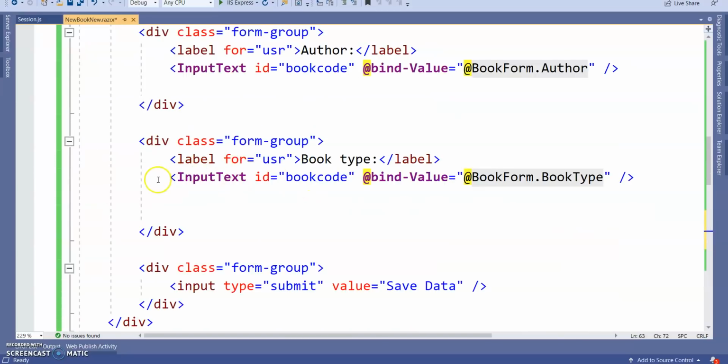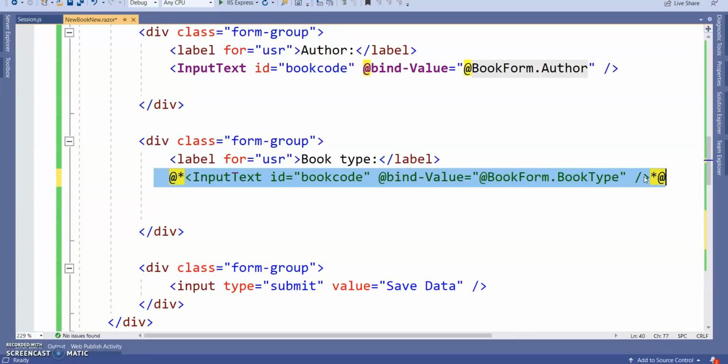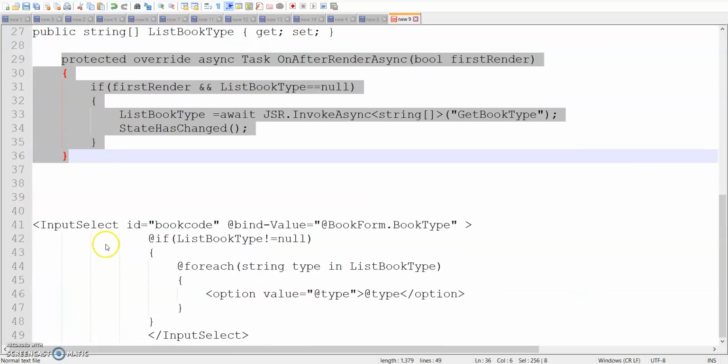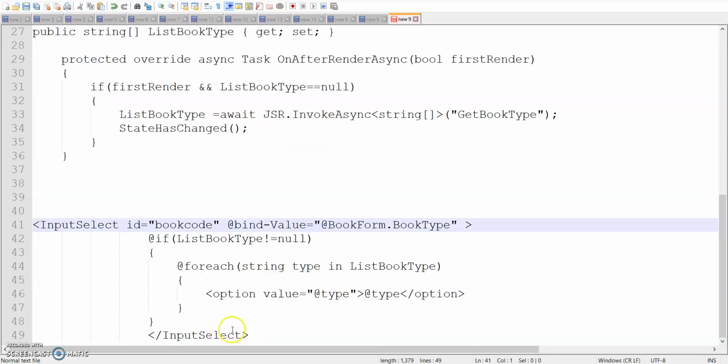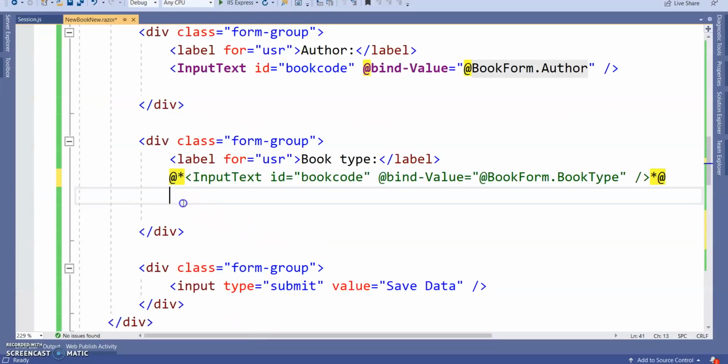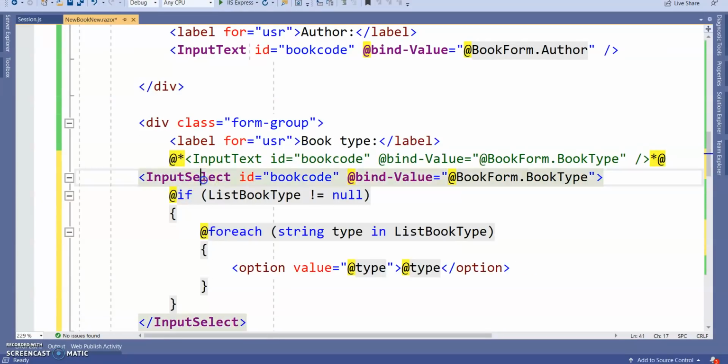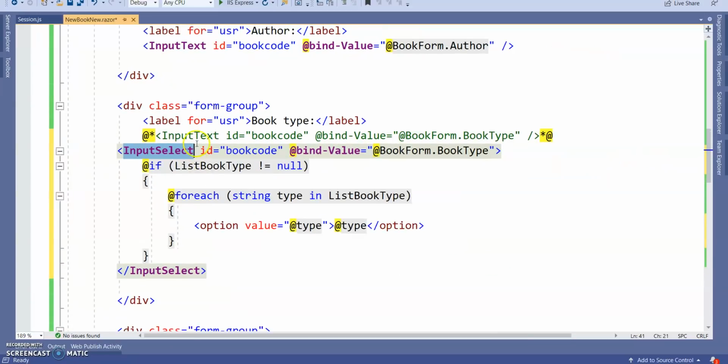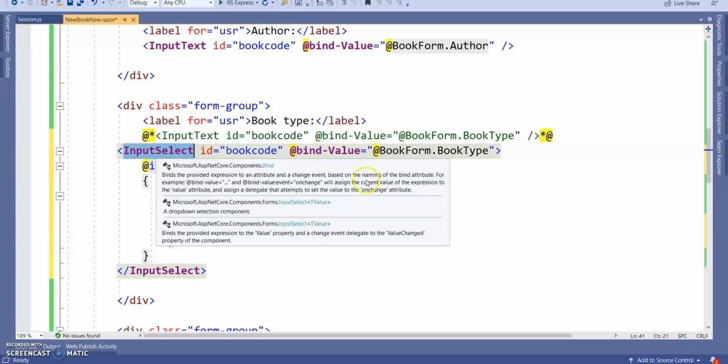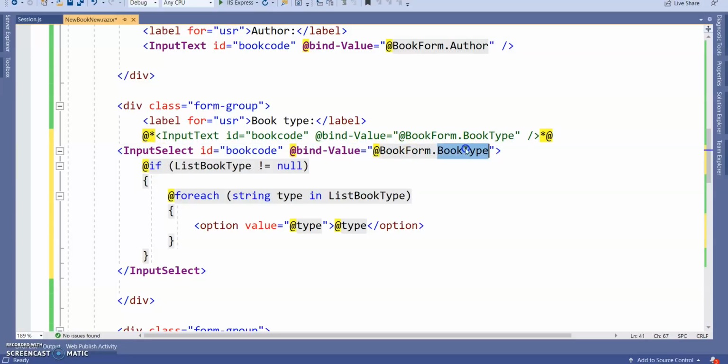Next, we need to assign this value in the drop down. For that, we are using the Razor component InputSelect. For text purposes we are using InputText, and for the drop down we are using InputSelect. Next, book type, here binding the value. The main logic is here. We are just selecting all the types as strings and binding the option value.